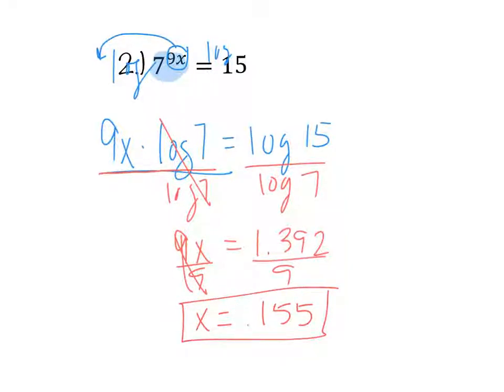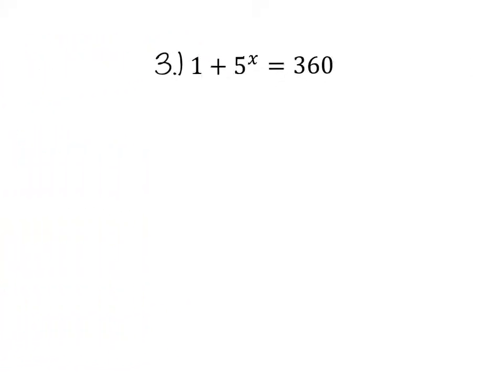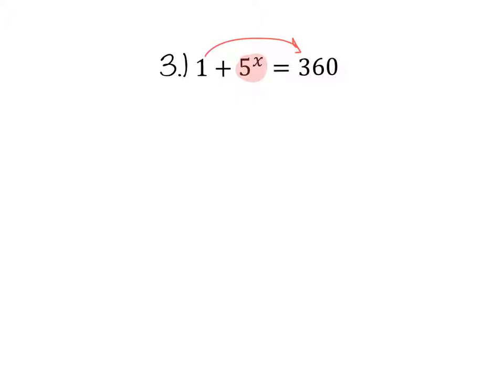Pretty self-explanatory. I mean, once you get the hang of it, it isn't anything that's too terribly difficult. So here's another problem where we need to actually isolate the exponent this time. So remember, we need to get the base and its exponent all by itself. So the first thing we need to do is move the 1 over to the other side. By subtracting 1, I get 5 to the x power equals